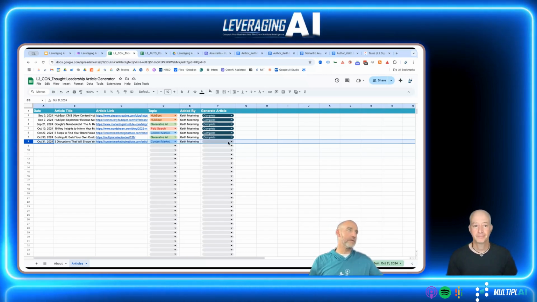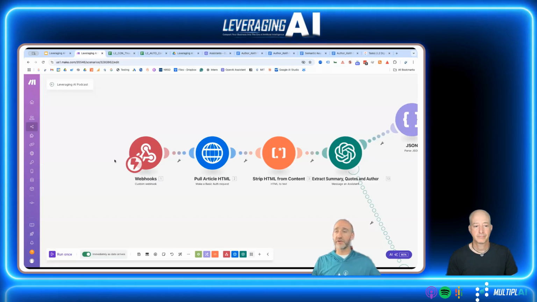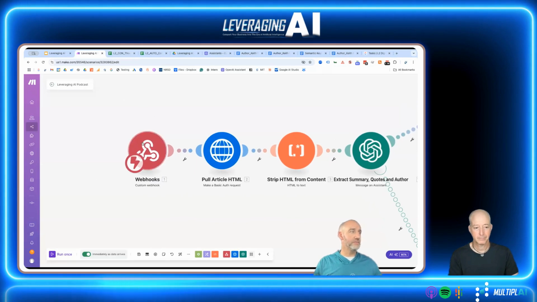So this may be a somewhat advanced way of doing it, or you could do it very simply: as soon as a new row is added, that triggers the whole thing. The way this works is the information comes into the trigger, and that row's worth of data is then passed along to this first operation.